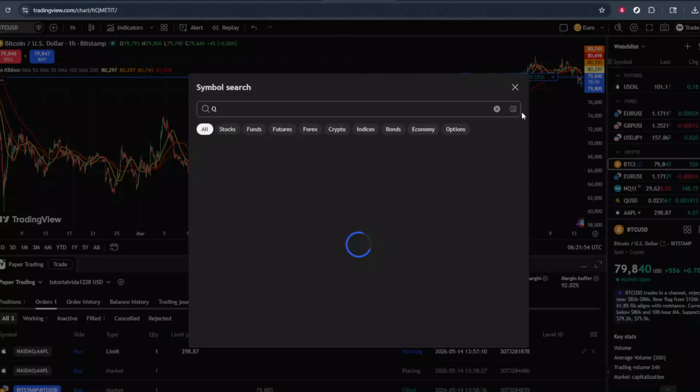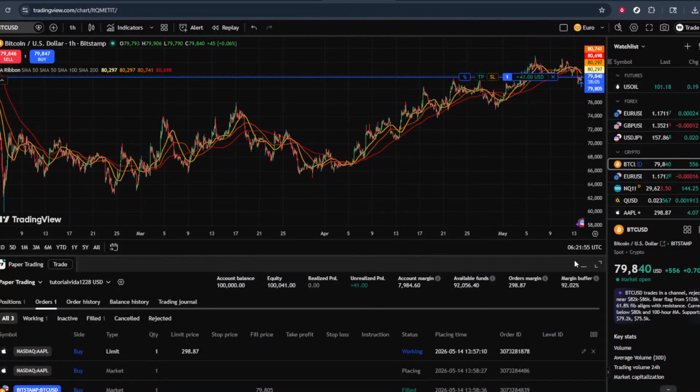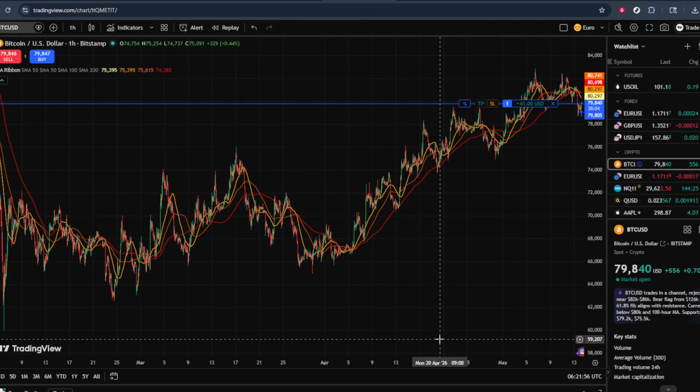In today's video, I'm going to teach you how to trade in TradingView. We'll walk through how to open the trading panel, where to find the trading button, and how to start placing orders, all directly from your TradingView chart. By the end, you'll know exactly where to click and what to look for, so you can place trades more